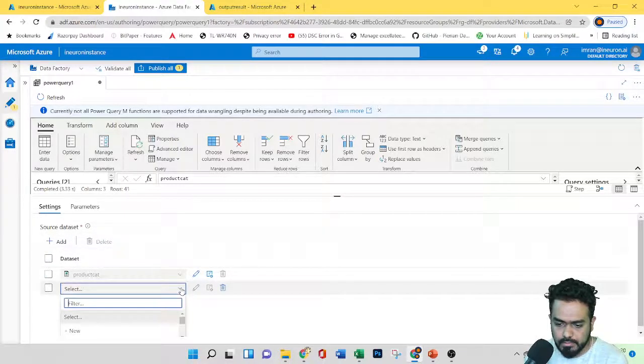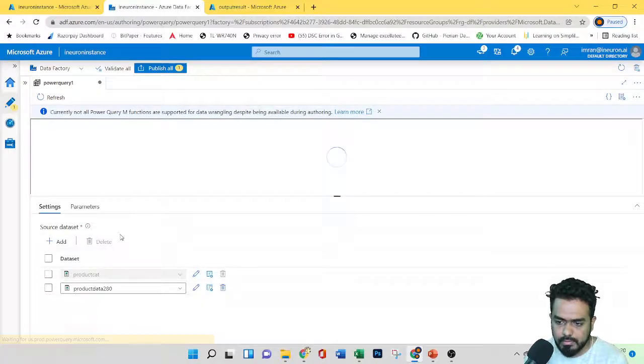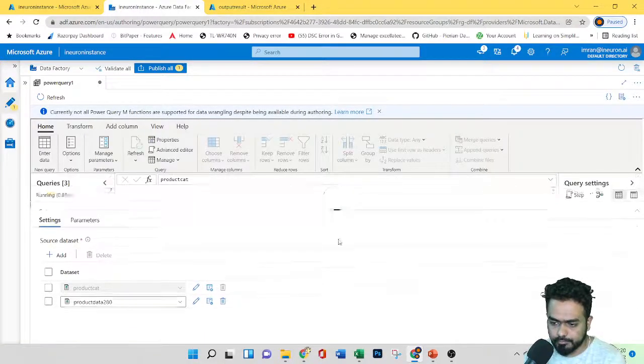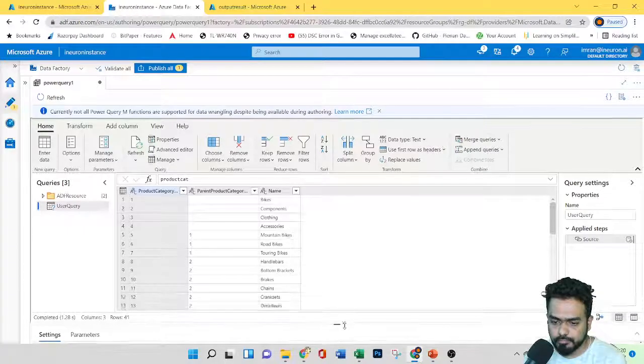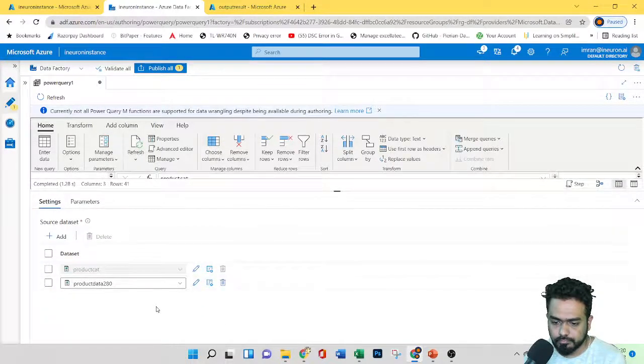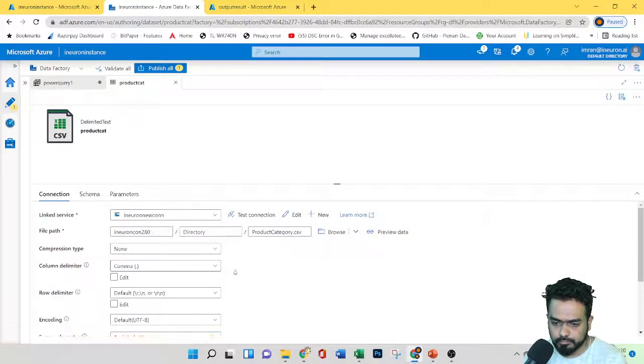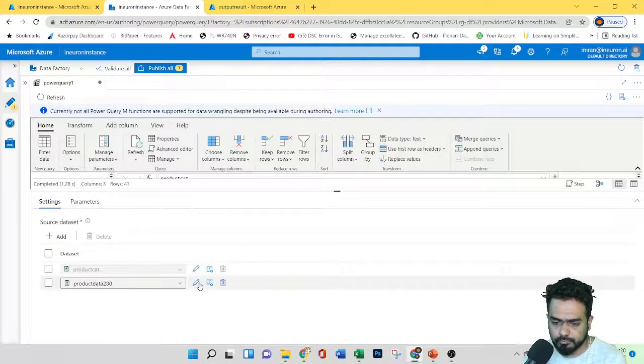Let's add just product. And you can see there are multiple tabs here, so you need to manage this.